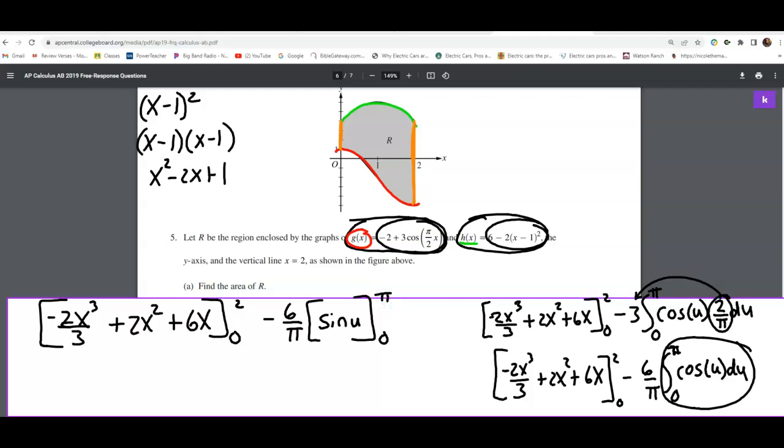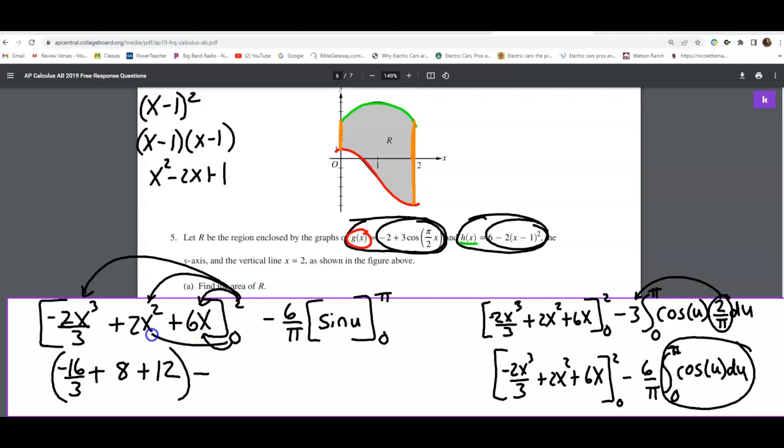All right, now we're ready to start plugging some numbers in here. So if I plug in 2 here, that's going to be 2 to the 3rd power is 8 times negative 2, which is 16. So negative 16 over 3 plus, plugging 2 in there, I get 8. Plugging 2 in here, I get 12. Minus, and then we would plug in 0. But all of those are just going to become 0 if I plug in 0, so there's not much to do there. Minus,